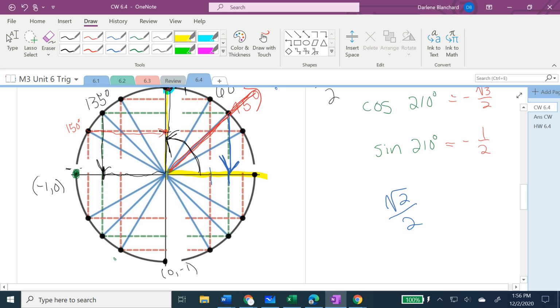So you're looking at the negative side of the y-axis. The y coordinate. So would it be 0 because 0 is on the top? That would be the cosine. All right. So that means that